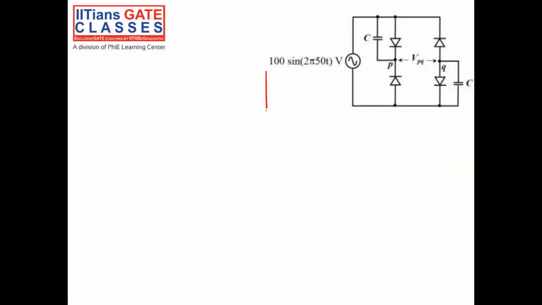During this, we have discussed, VC1 and VC2 are equal to 0. Then we will start my negative cycle. Okay, 0 to T, this is V in, so this is 100, this is minus 100. So you see, up to this point, VC1 is equal to VC2 is equal to 0. So in the first positive half cycle, VC1 is equal to VC2 is equal to 0.